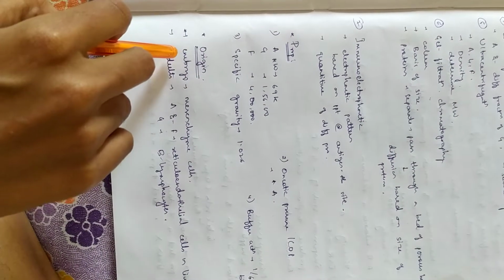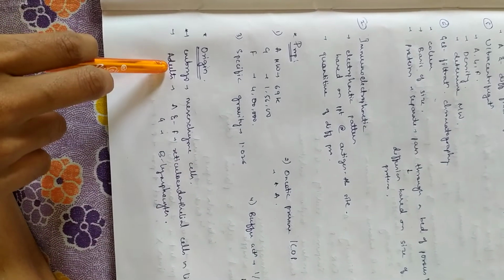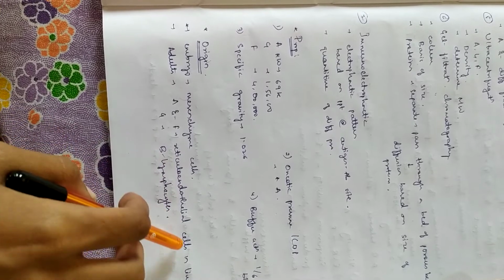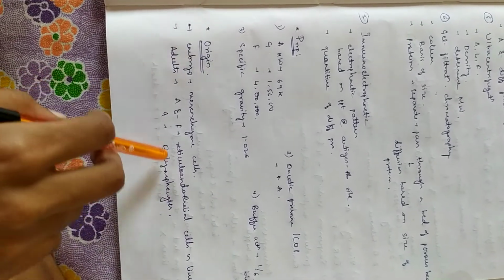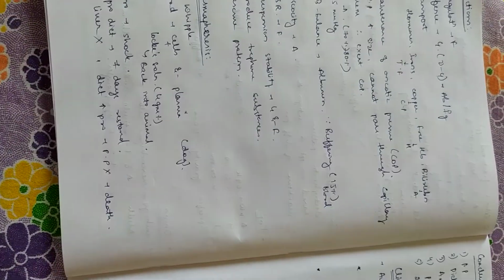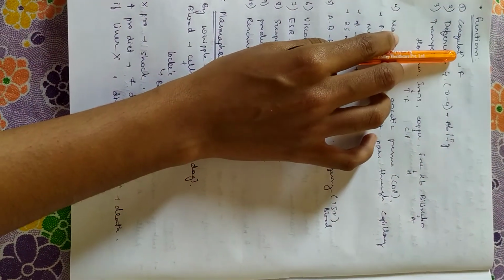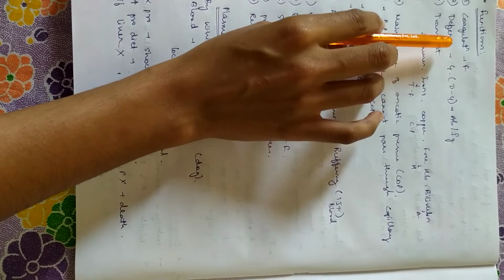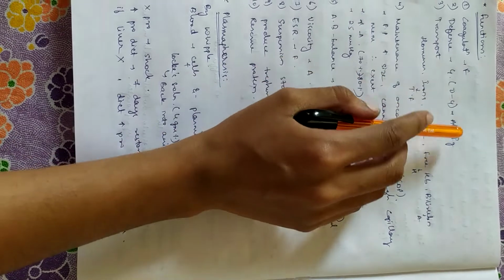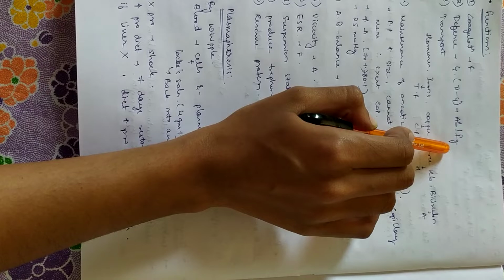Origin, it is being formed during embryo stages in the mesenchyma cells. During adulthood, albumin and fibrinogen are formed in reticuloendothelial cells of liver and globulins are formed in beta lymphocytes. Next, functions. Coagulation of blood is done with the help of fibrinogen. Defense, globulin, mainly gamma globulin, take part. So, gamma globulins are also called as antibodies or immunoglobulins.